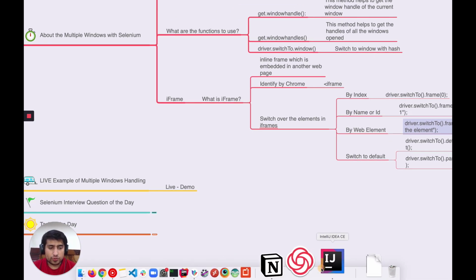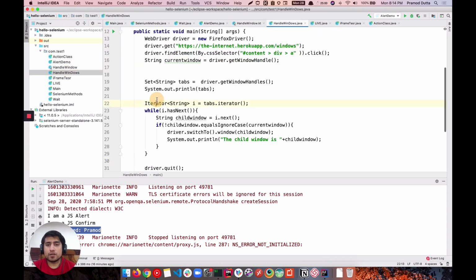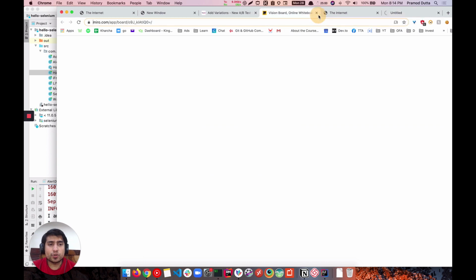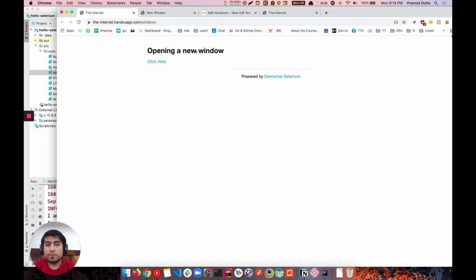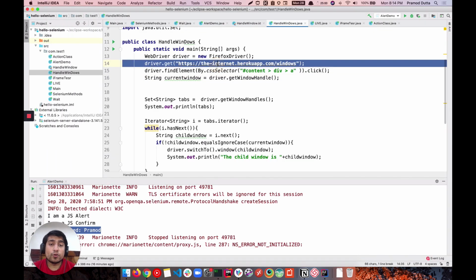So let's switch to our IntelliJ handling windows. Right. Cool. So this is the example that I have basically shown you, right? Let's open this, multiple windows. Okay, this is the same example, right? So we'll basically open this URL, click on this, click here. It will basically open this thing, and we will check it out, right? I have already written the code, so don't worry, guys. And the link is in the description, everything you can check out.